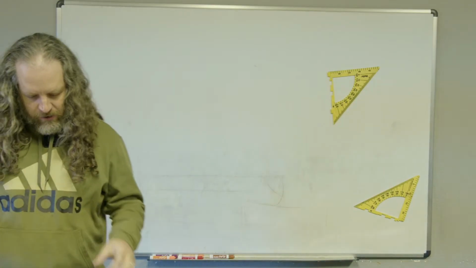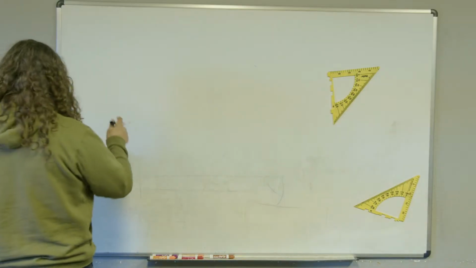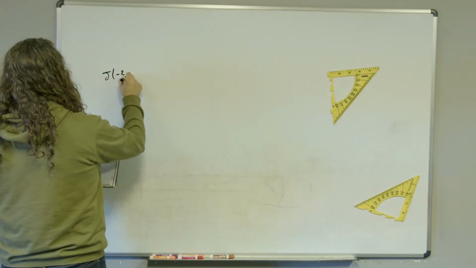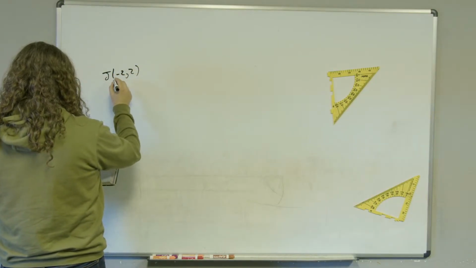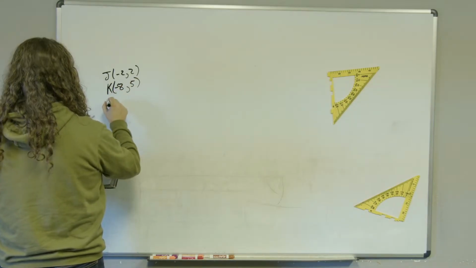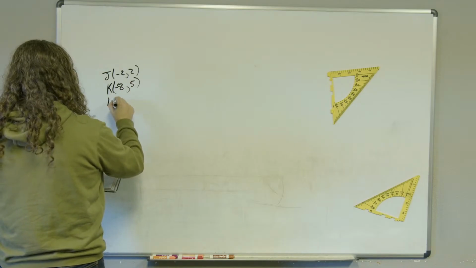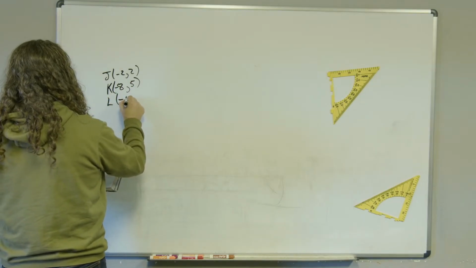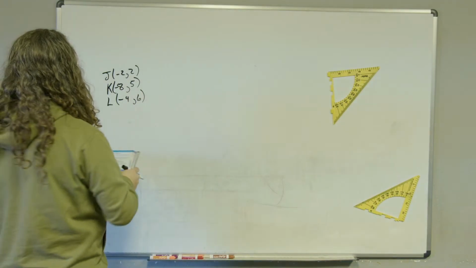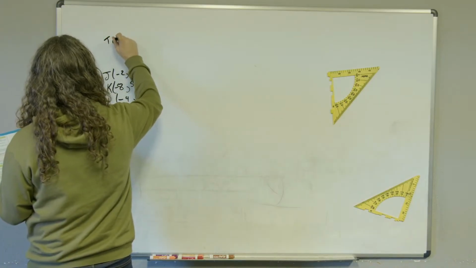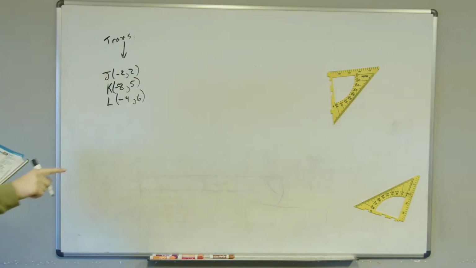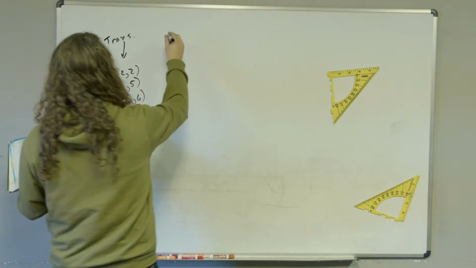So it says triangle JKL with vertices J(-2, 2), K(-8, 5), and L(-4, 6) is a transformation, so this is the transformed one. So this is the second one, right? And then the original,